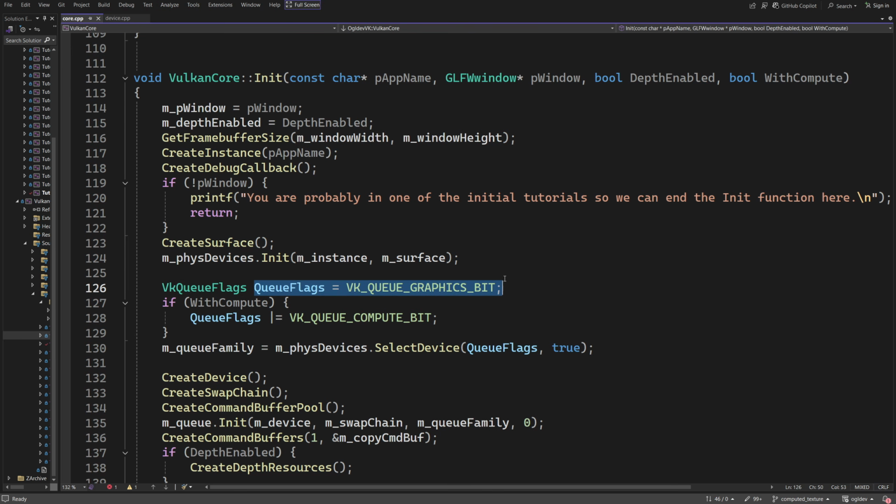I've added a Boolean flag called withCompute to the init function of the Vulkan core. When this flag is true, we add compute to the bit mask of the required queue flags. This means that in this case we're looking for a queue which supports both graphics and compute, and this will make our life easier